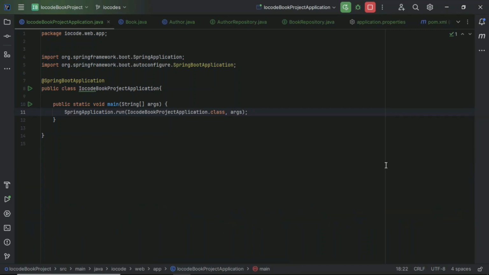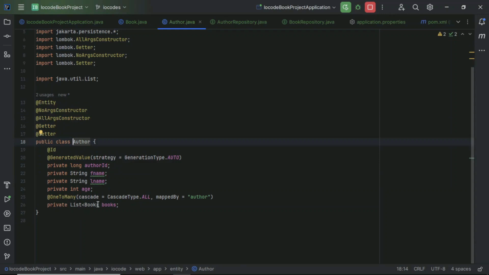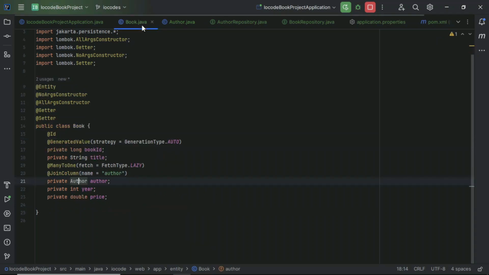So what this implies is that when we move over to our book class, we'll discover that we have a field of author. So this is going to call this particular author, that is the endpoint to send. But inside of our author class, you'll also discover that we now have a list of books. Now each of these book lists is automatically going to call the author field by themselves. So to make a correction to this, we have to annotate our